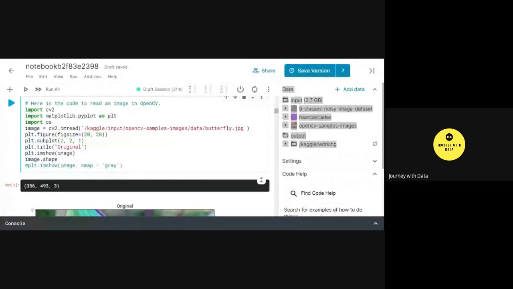For example, matplotlib, which is a great library for plotting and visualization. So I am using the matplotlib library to display the images here. For that purpose, I have imported the library.